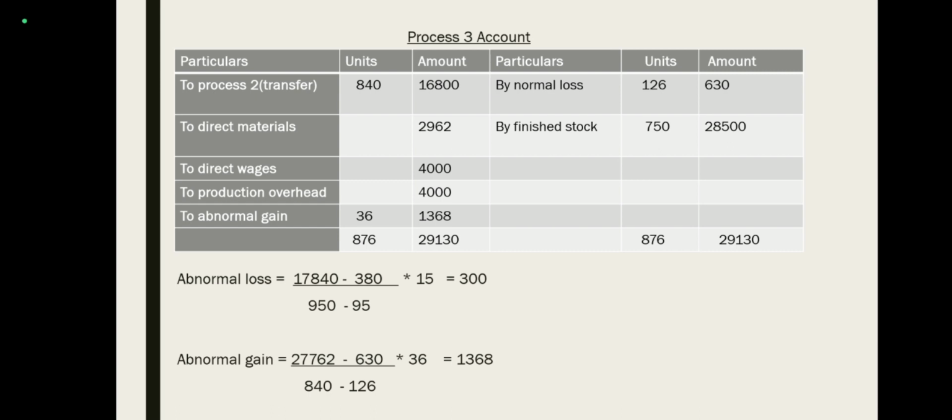28,500. So we have to find the abnormal gain. The balancing figure is on the debit side. Abnormal gain means we have one equation, that is units entered, that is total up to production overhead minus normal loss amount, into units gained, divided by opening amount minus normal loss per unit. So we get